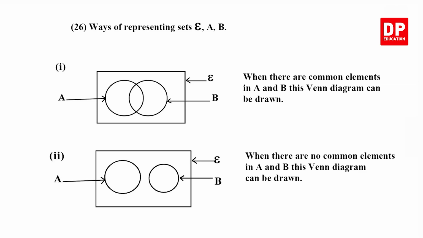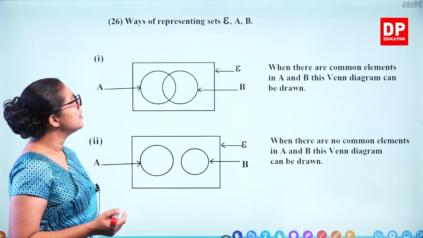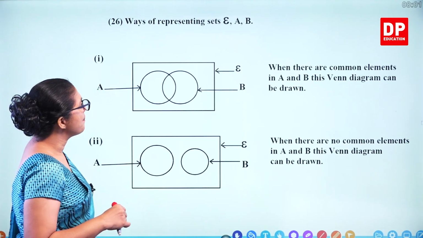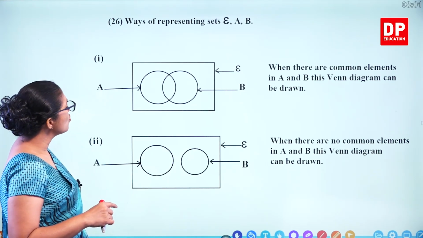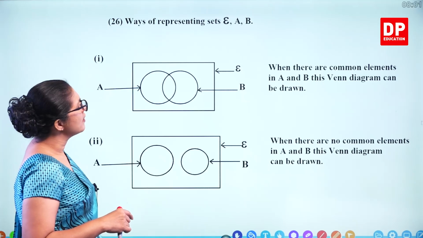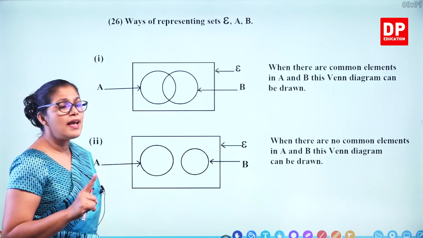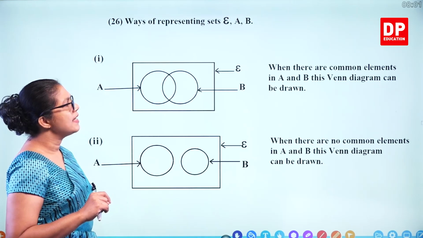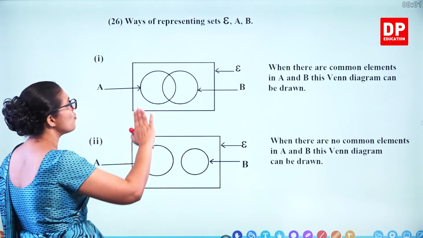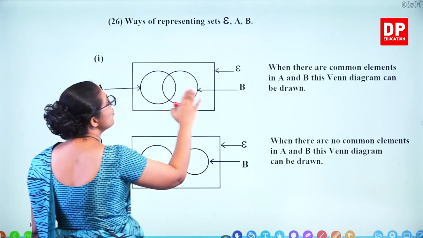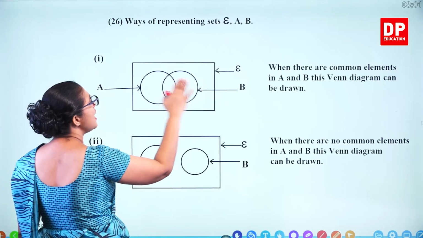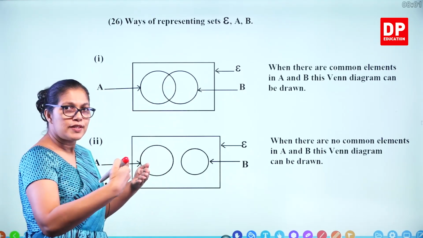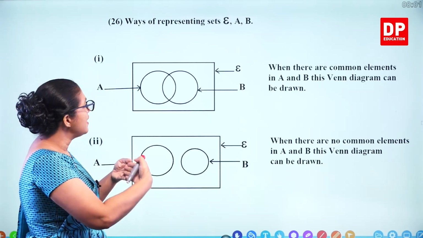Ways of representing sets. Epsilon, A, B. Two sets are A and B. Look at these two. What is the first one? When there are common elements in A and B, this Venn diagram can be drawn. So when you know that there are common elements to both A and B, we put the two circles intersecting